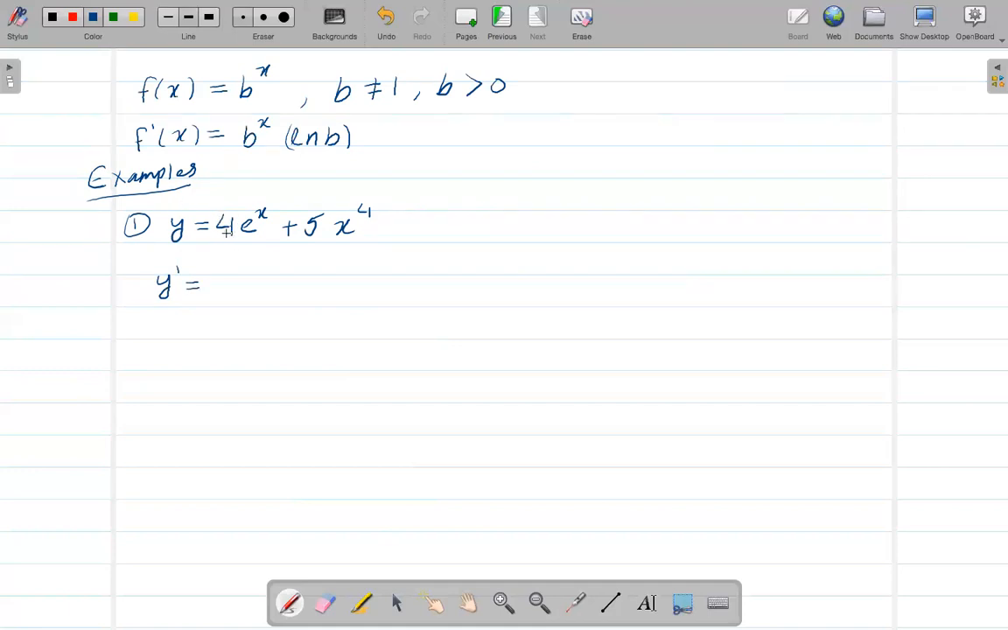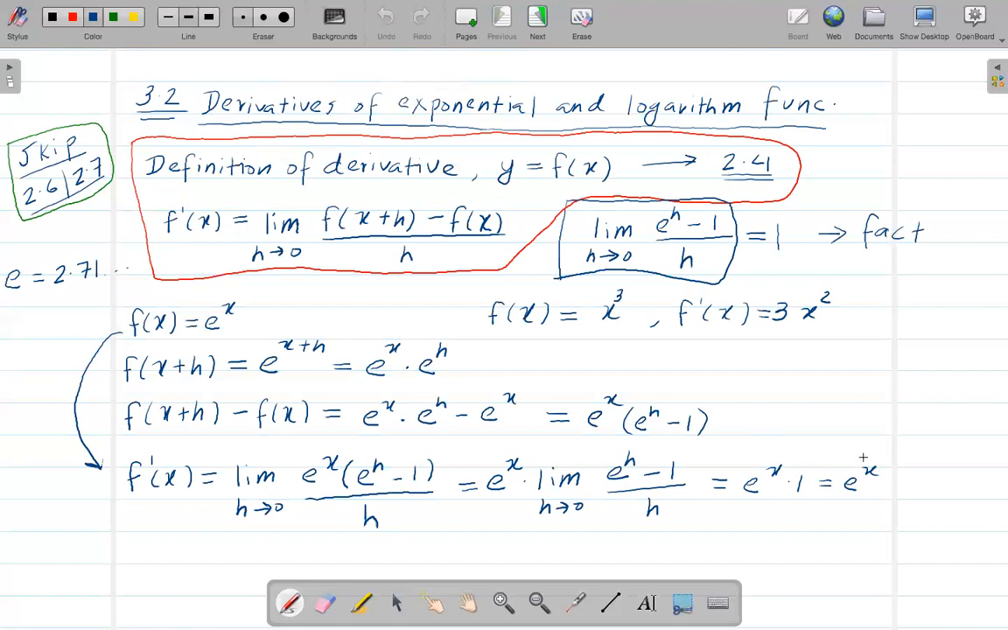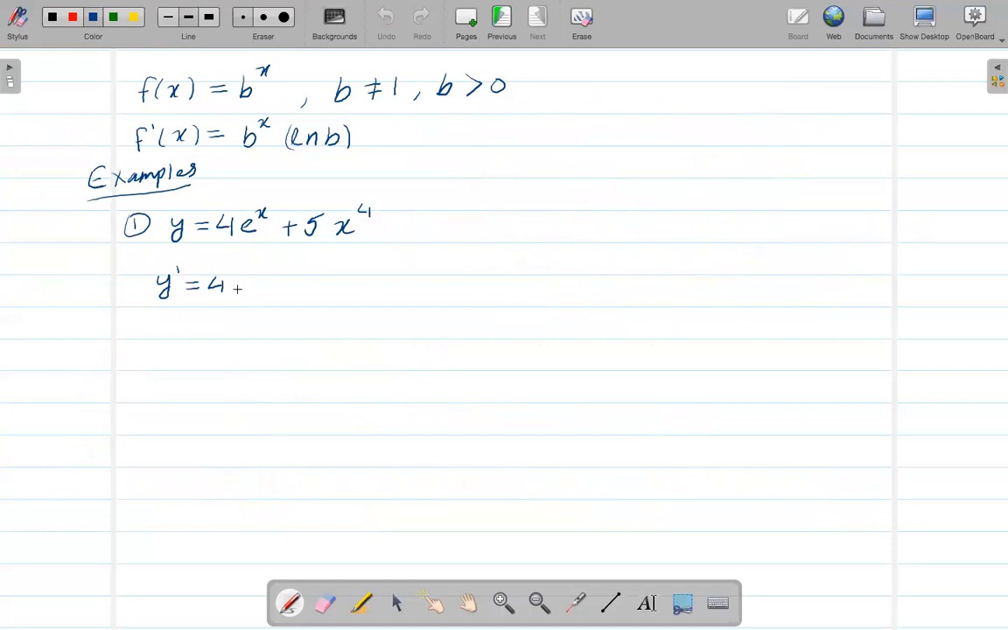Now, since this 4 is multiplied with e to the power x, in these kind of cases, as we talked about in chapter or section 2.5, this will stay the same, and we just take the derivative of e to the power x. We said that the derivative of e to the power x is still e to the power x, right? Because we said the derivative of this is still e to the power x. That's what we got here, right? So using that fact here, we can say e to the power x plus,